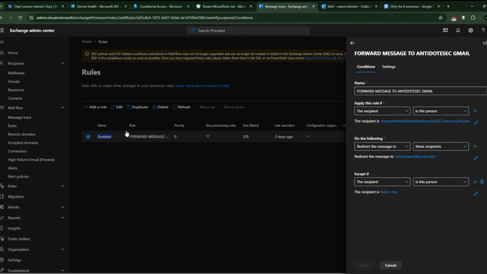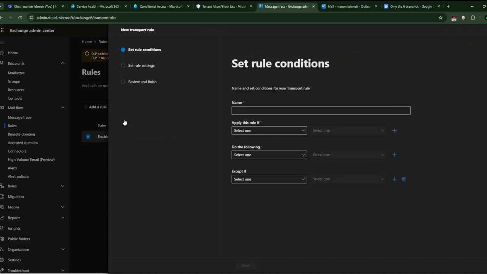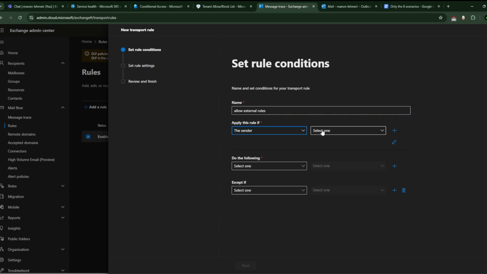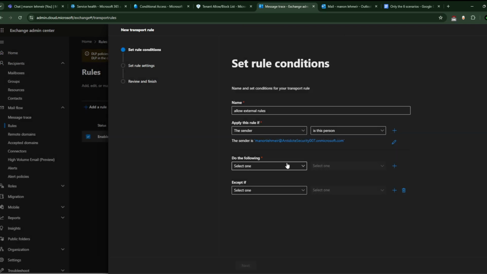For example, you can go here. Should I do it? Okay, maybe I will do it quickly. Allow external rules. You say the sender. If the sender is the CEO, in our case, it will be Manon. Let me find. Okay, and you will actually,